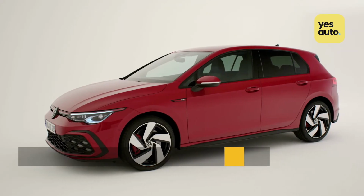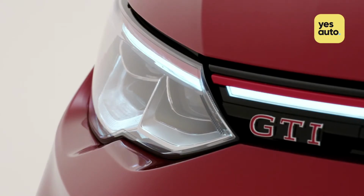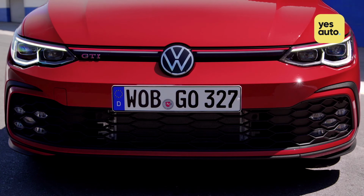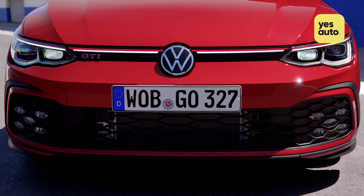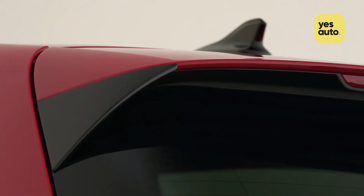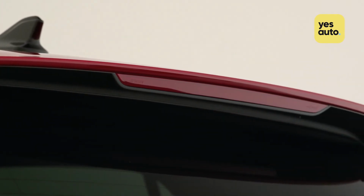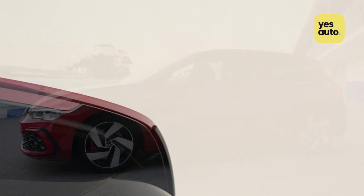Today it seems like there's a new performance hatchback every 45 seconds, with some manufacturers never before associated with the breed having a crack of the whip. While vehicles such as the Hyundai i30N are brilliant, they do lack the pedigree of the Golf GTI. Those 3 letters tattooed on the back of a Volkswagen hatch really do mean something. There have been 8 incarnations of Golf GTI, with the original and Mark II being real collector's items today. The Mark III car put on a bit of weight and the Mark IV was not well received,